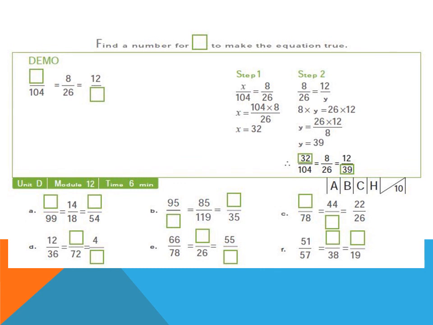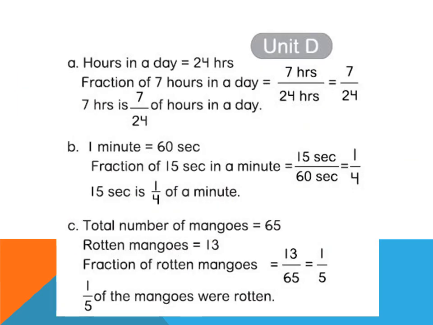The same thing that you have done in module number 11, but you have to do it 2 times for one problem. Pause the video, or you also have your books. From the books also you can do. Solve all the 6 problems in module number 12. So now let's move on to the answers. These are the answers to module number 1. Pause the video if required and note down the answers.